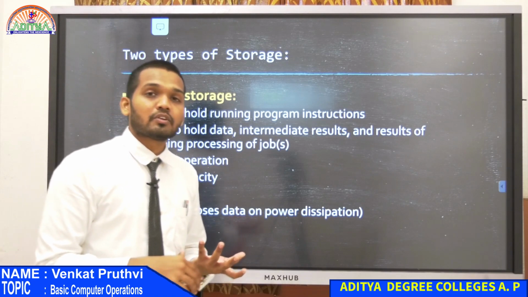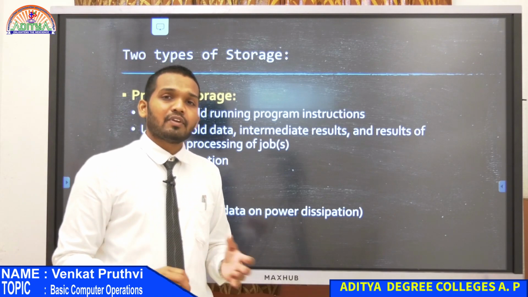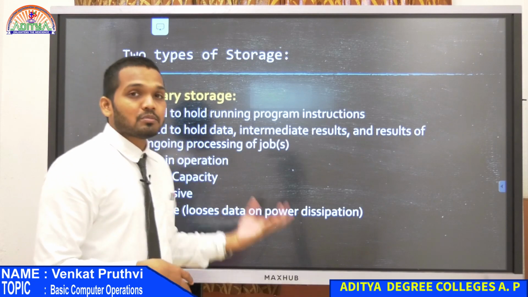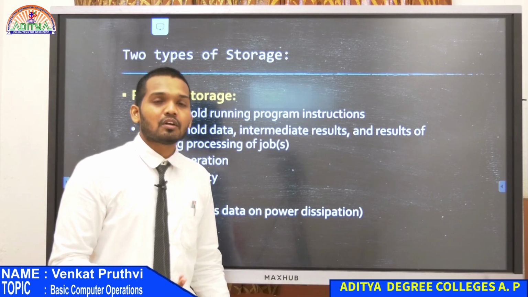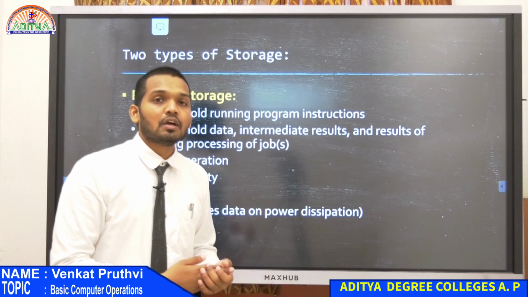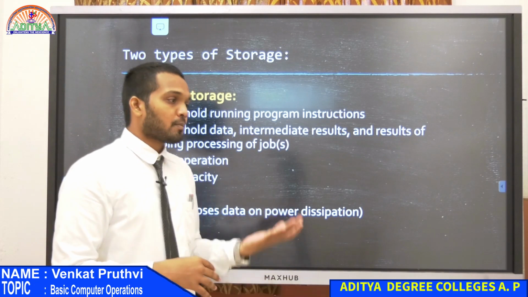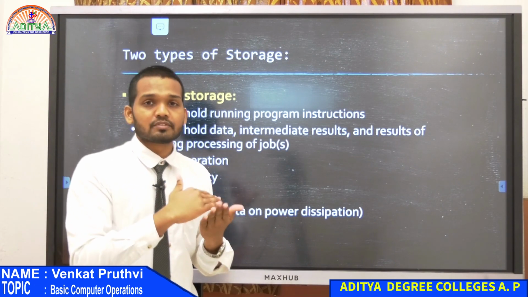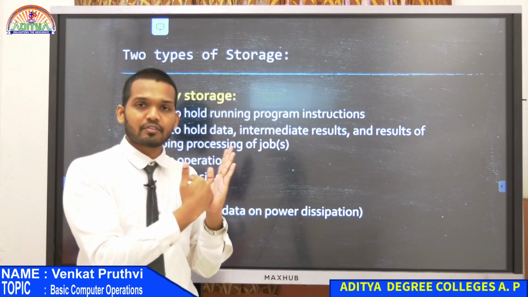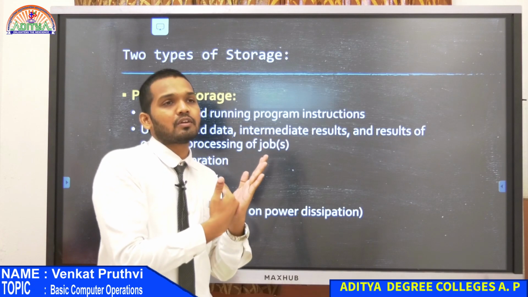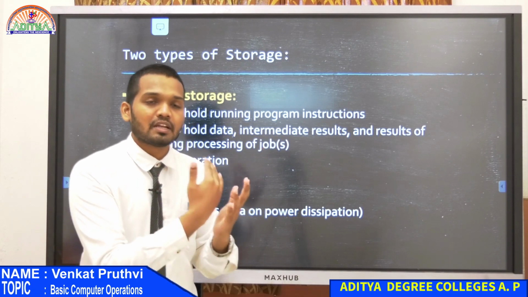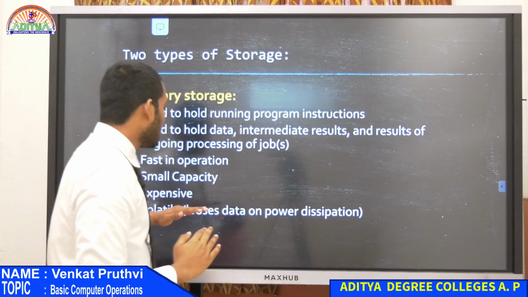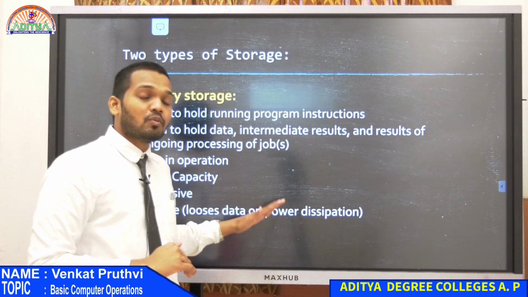In such cases, what will happen? We would have to have a very large RAM, and it becomes very difficult for the computer or the user to maintain it and perform operations on it. So that is the reason we divided the storage unit into 2 halves: one is secondary storage, the other is primary storage. Primary storage, we designed in such a way that it is very small and it needs to be volatile.